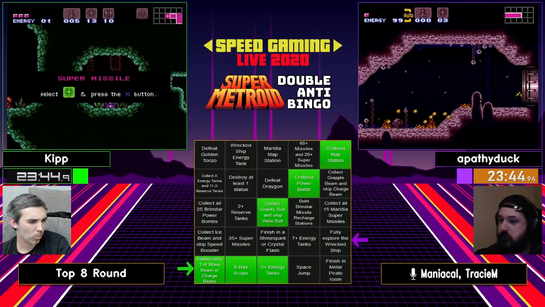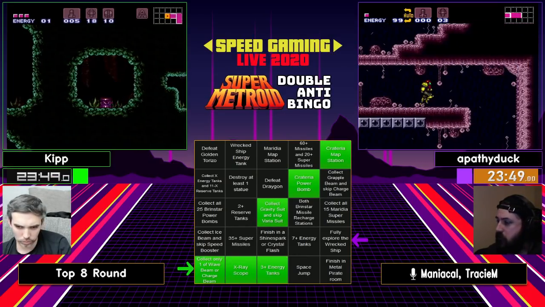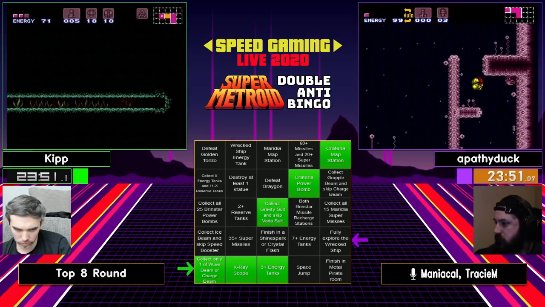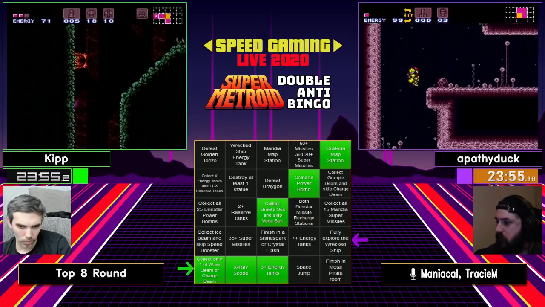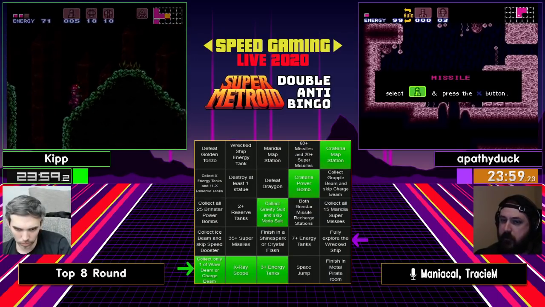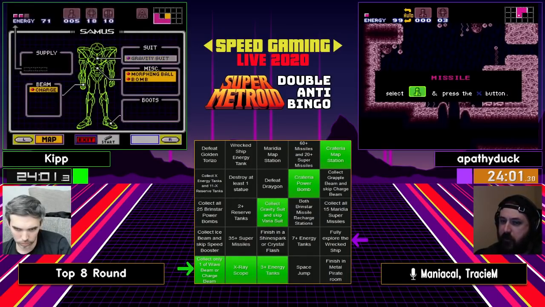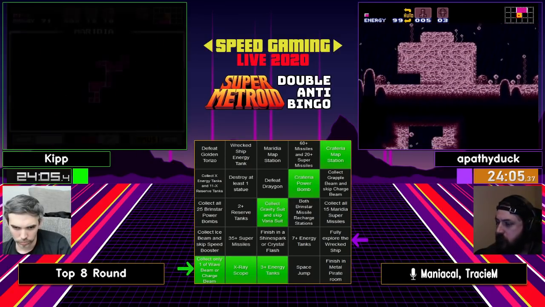Yeah, and it's not clear to me what he's doing in Maridia just yet. Did he get enough power bombs? Yeah, he did get beta power bombs. I don't think he's a big crystal flash clip guy though. We'll see what he wants to run. Yeah, he needs to pick up an ice beam or a speed booster unless he wants to do a crystal flash. Yeah, he's going to have difficulty getting through the Botwoon hallway